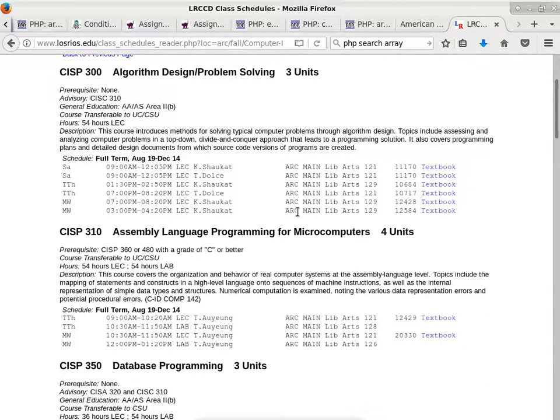Well, guess what you have been doing in this class? You're writing scripts, right? You're trying to write web scripts. That is a computer problem because you're trying to make your web server crank out dynamic content based on logic.